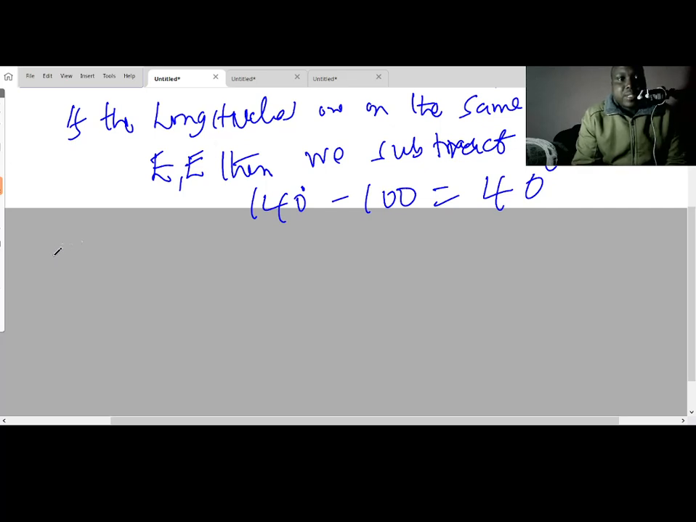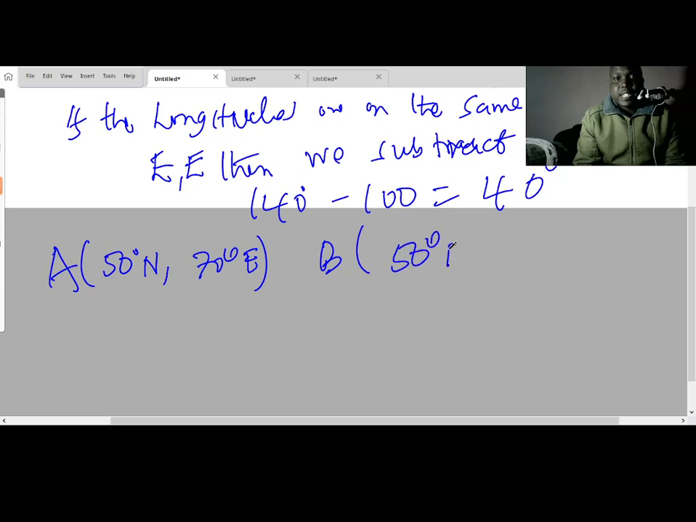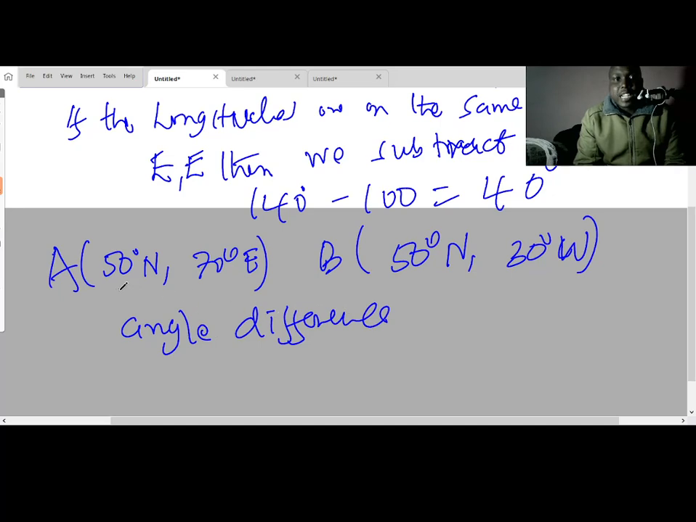If I have another point here, A, 50 degrees north, 70 degrees west, B, 50 degrees north, 30 degrees west. Angle difference, so angle difference here, because you see they are on the same latitude, therefore we are going to use the longitude to find the difference. Because one is on the east, another one is in the west, so it means